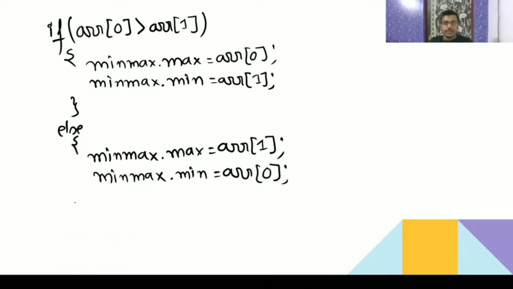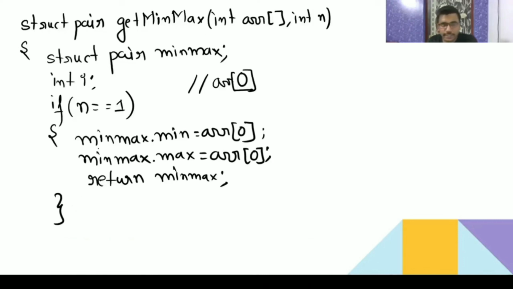Understood? So first what we did, we check in here if the size of the array is 1, meaning only one element is there, then maximum and minimum both are going to be array of 0. Because only one element is there, that element is both. So I return the value min max there only, because if there is only one element, then no need to compare anything else. So the function will complete. If n is 1, then function returns min max, done.